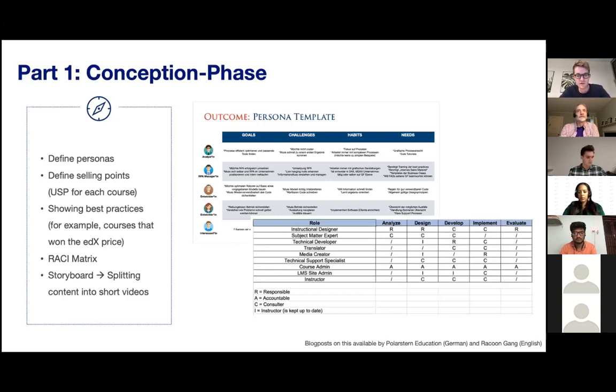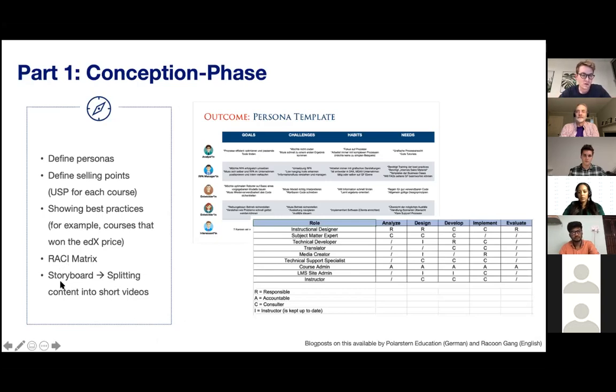into short videos. The thing we've stuck to over the last years is having videos somewhere between 7 to 12 minutes to have a nice attention span, instead of having the more traditional 90-minute lectures, or maybe even having half a day of a seminar, which sometimes is the basis for our work, that people come to us with a half a day of content and they tell us to turn it into an online course.